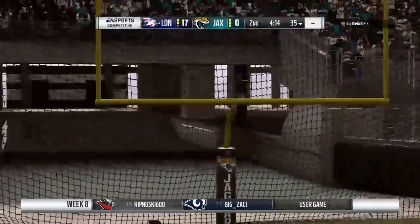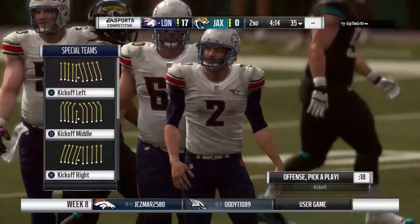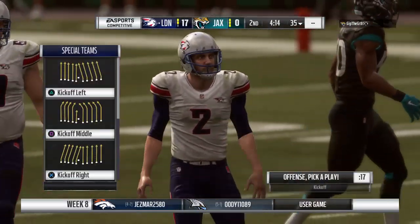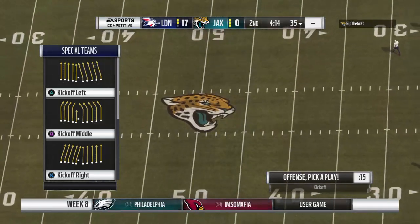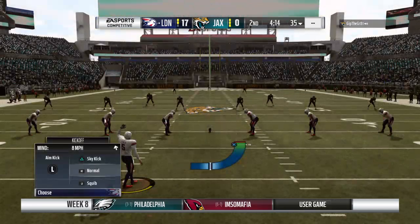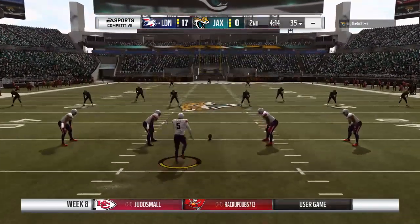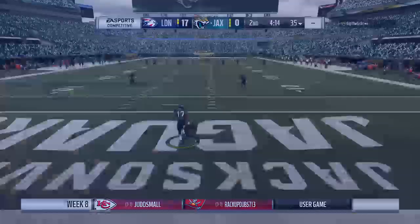Gonzalez able to tack on the PAT. And that makes our score 17-0. So they throw the pick six. They'll get another shot at it now as this one's...